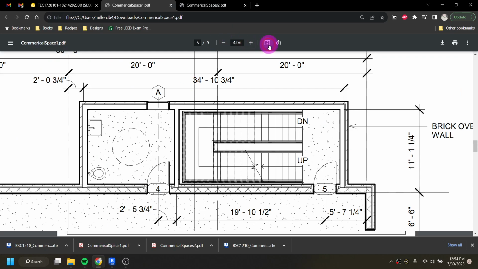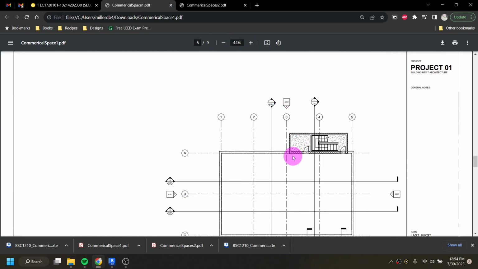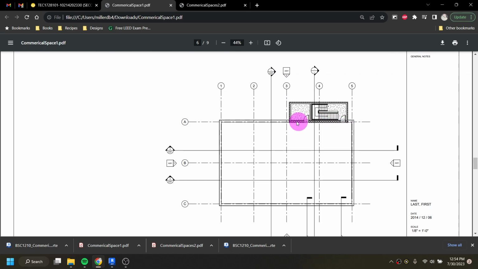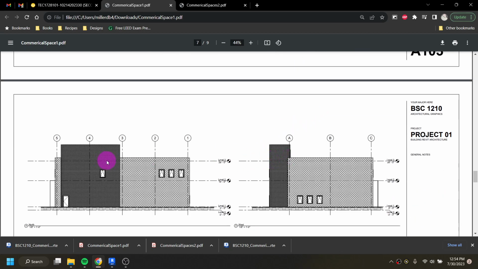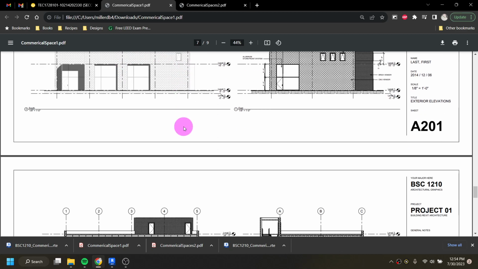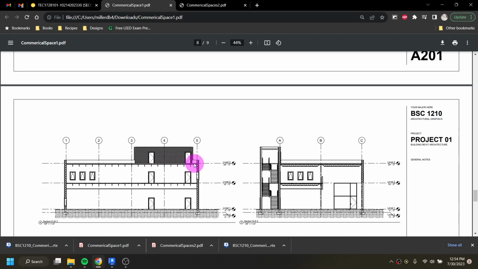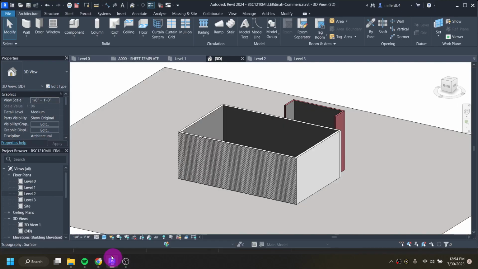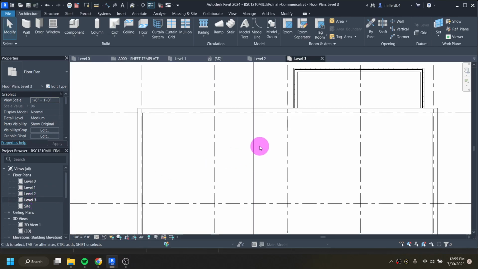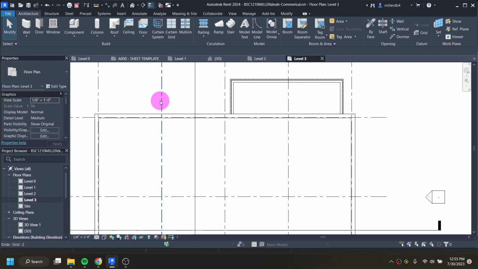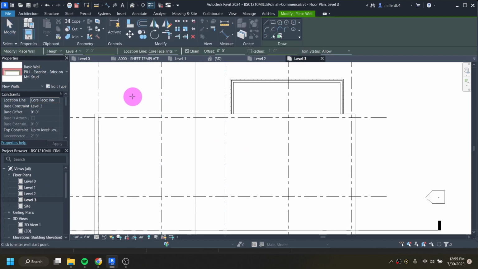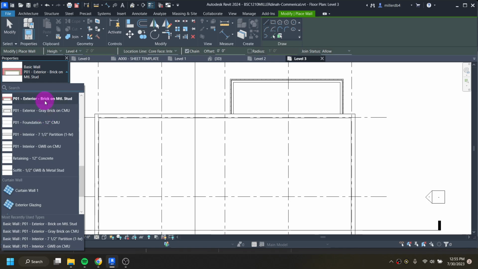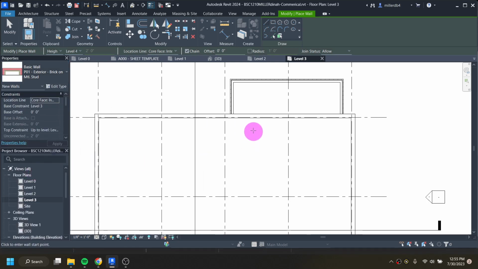So if we go look at our drawings, on level 3 we have a brick wall sitting right on top of here. And if we go look at it in a section cut, we can see it a little bit more too. So we do need to add a brick wall that goes from level 3 as its base up to level 5. And so I'm going to go into my level 3 floor plan. I'm going to draw a wall, which is keyboard shortcut WA. I'm going to use this brick wall, this P01 brick on metal stud, and I'm going to go from here to here,